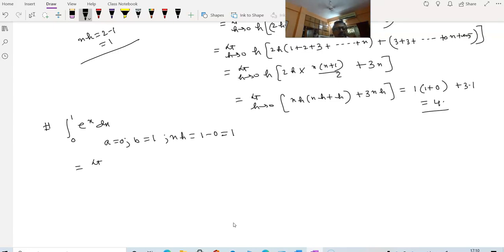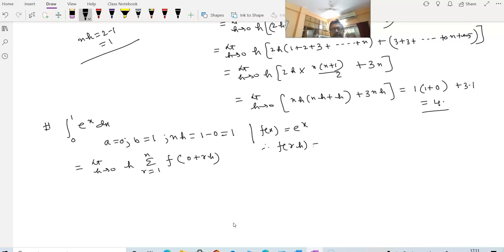So this limit is going to be h sigma r equal to 1 to n f of (a plus rh). a is 0. And what is f(x) here? f(x) is e to the power x. So f(rh) is e to the power rh, h multiplied by, just you put the value here,